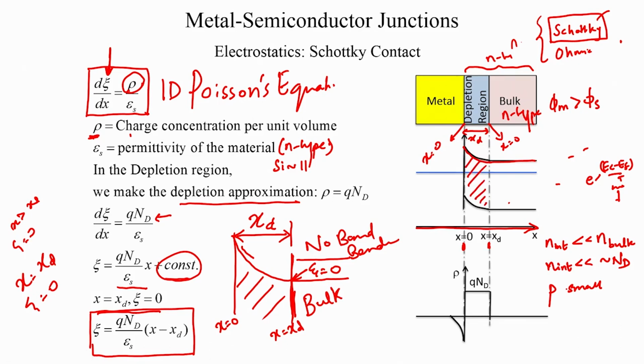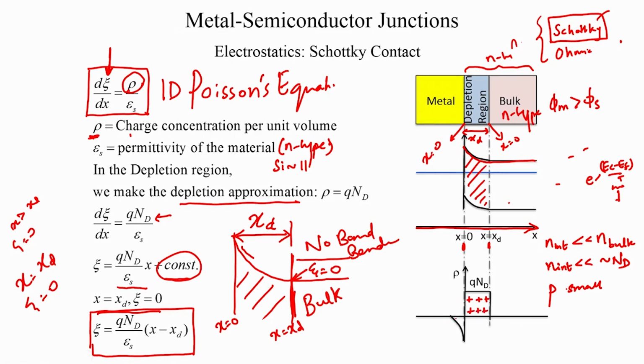So, what are the charges? According to the full depletion approximation, the charge concentration in the depletion region is simply q times n d. It is constant because the doping is constant through the entire semiconductor. If the doping was varying with space, then this would vary, but right now it is a constant, and we are not considering electrons and holes, which is basically the full depletion approximation, and therefore that is not included in this picture. So, you have all the positive charges here,